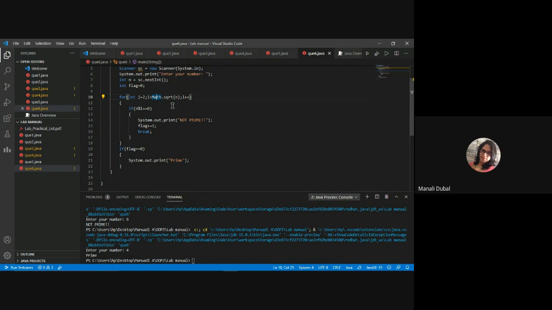The condition is false. It should be less than equals to. Okay ma'am, so should I start the loop from 1.41 instead of 2? You can start it with 2 also. That is fine, no problem.